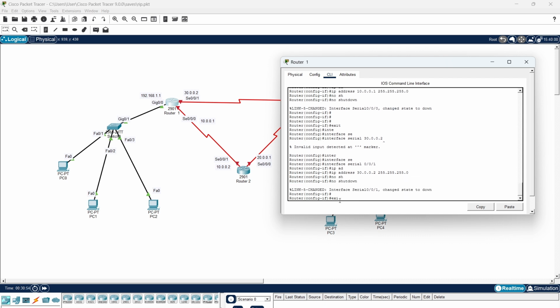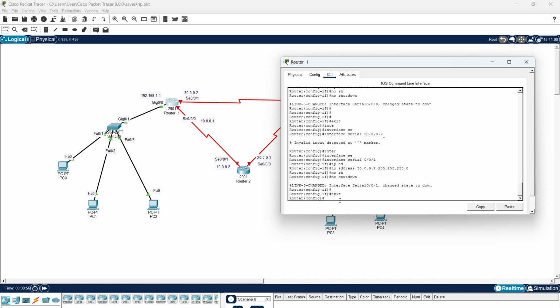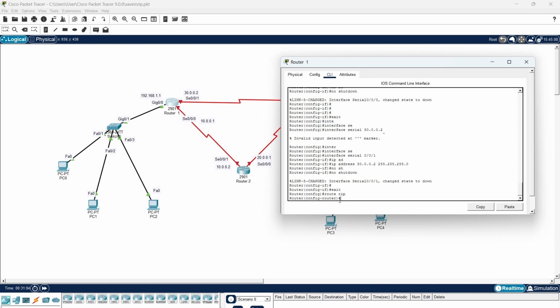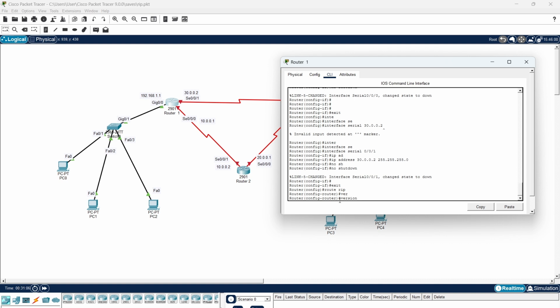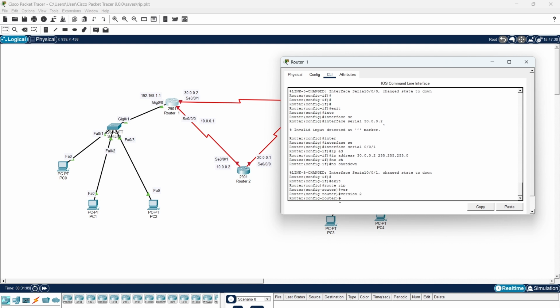Now we will write the configuration for RIP. For that, write router rip, then version 2, then we will write the networks to share from this router,